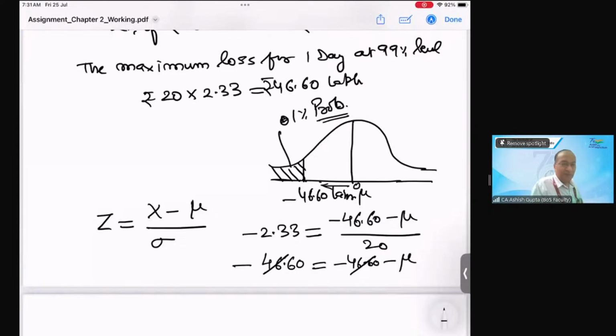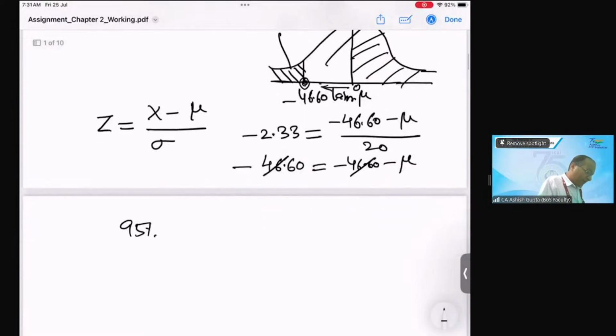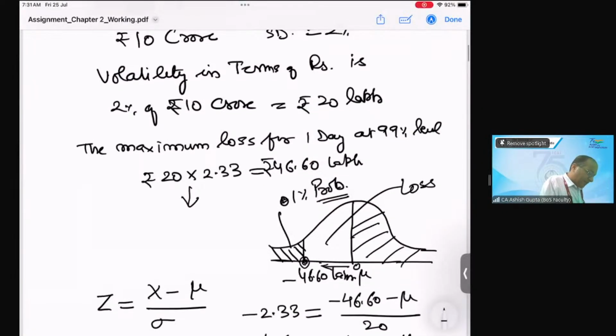So I am considering the mean value here as 0. On this side there is a profit, and on this side it is a loss position. Now I want to estimate how much loss. At 99% the maximum loss is this. If I say I want to be 95% confident, if I change that, then at the 95% confidence level my z value will be 1.65. So I multiply this value